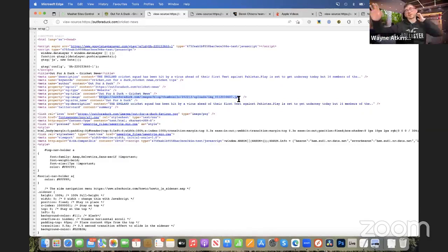So let's say you've got a tennis group, a golf group, and you shared the tennis category to someone. The image that would show would be the latest post in that category. So if you shared a tennis one, you get a tennis image. If you shared the golf one, you'd get a golf image. But if you've put your own default meta in, it will always use that for everything. So it's up to you whether you want to, you've got a brand, you might want to do that all the time. But if you blank that out, Master Sites will